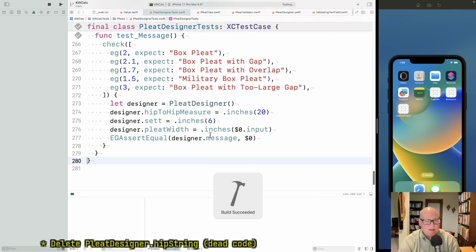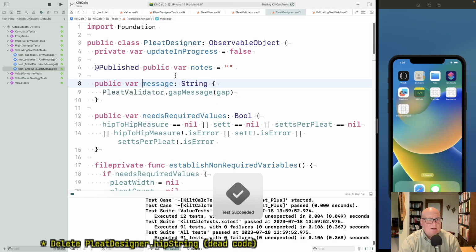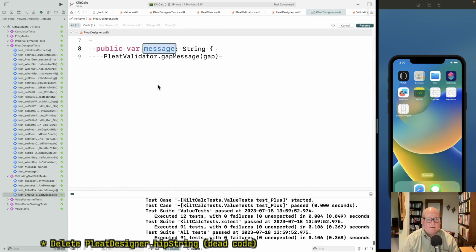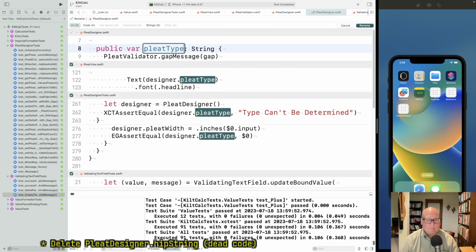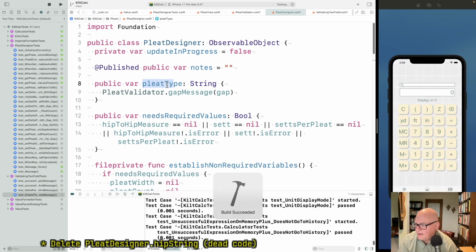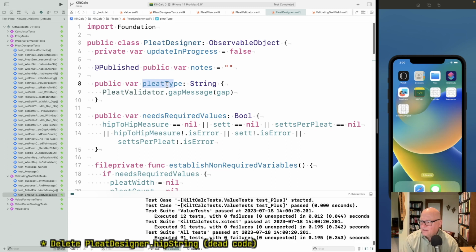This message, I think this name is not ideal since we're updating. I think this is really the pleat type. Okay. Oh, really? I mean, they have a thing where you can say ignore the error in the previous line or ignore the error in this line. So I don't know, that is a doable thing, but